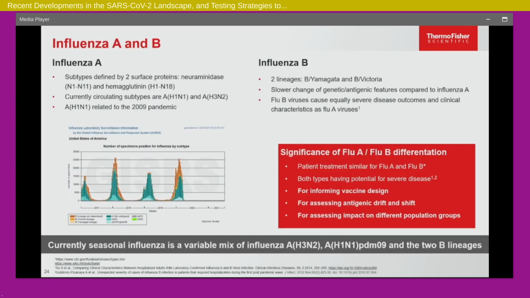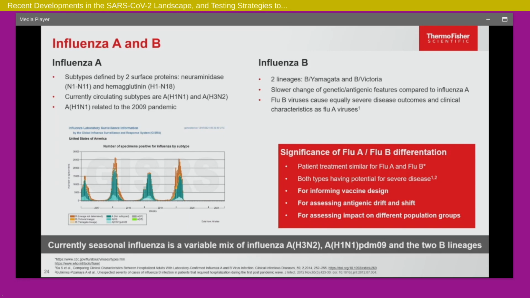When I look at influenza, let's look a little at influenza A and influenza B. Influenza A has two predominant subtypes right now, H1N1 and H3N2. These are the two currently circulating strains. You can see the graph every year: during the winter months you see a spike and then it goes back. This is the seasonality pattern that we have. And you see 2020 here, a big miss. There is a gap, obviously because of all the public health countermeasures. Everybody's indoors, everyone's wearing masks, and you see a clear correlation with seasonal flu. But now what is missing is what is going to happen here.